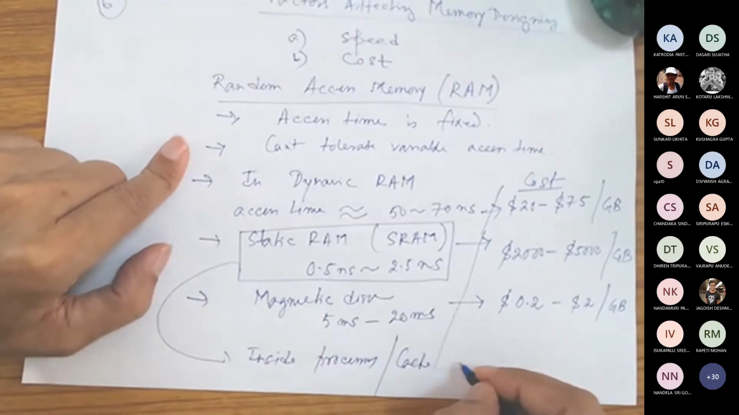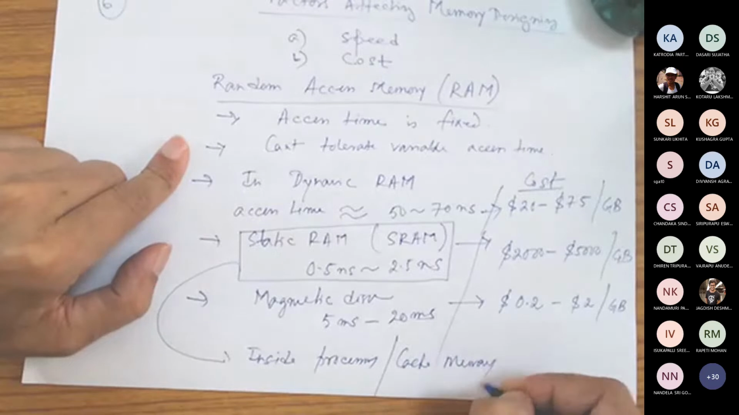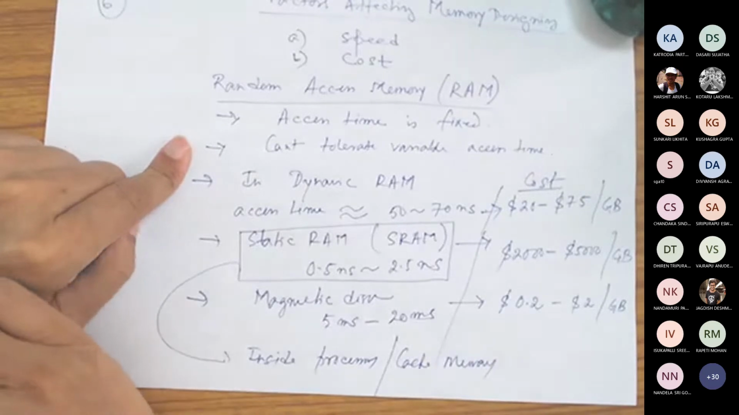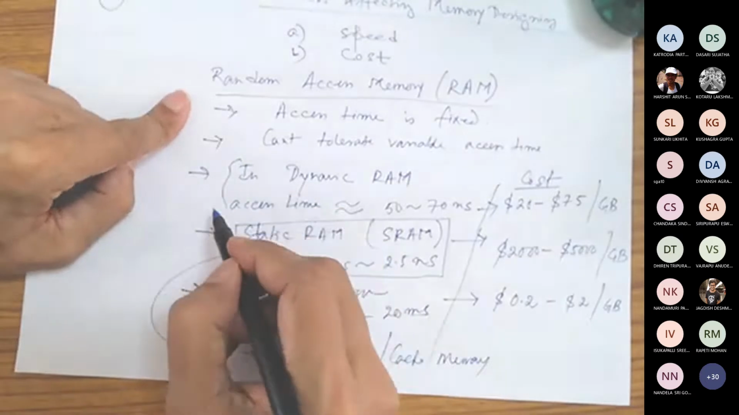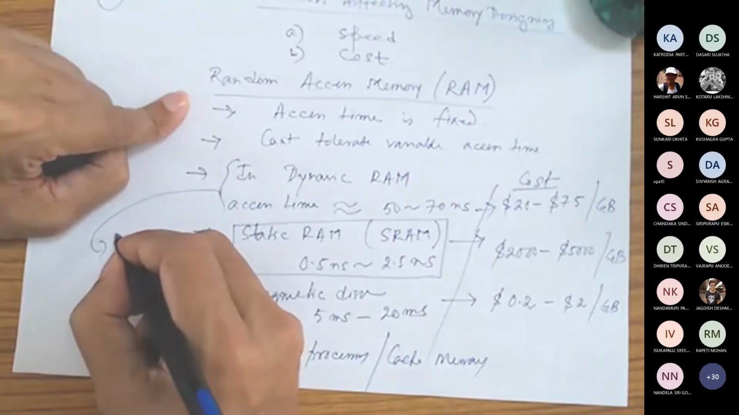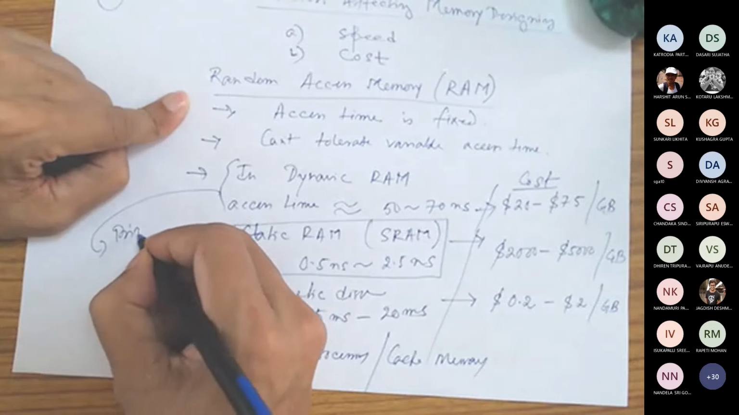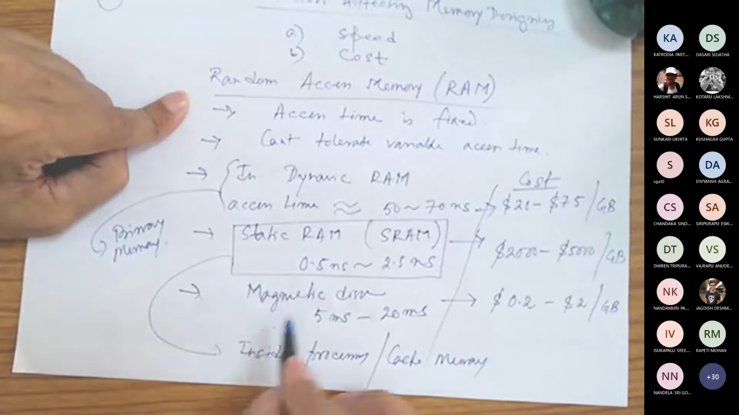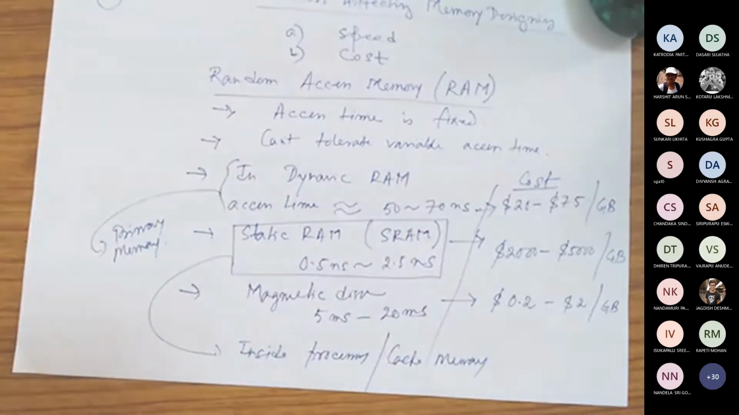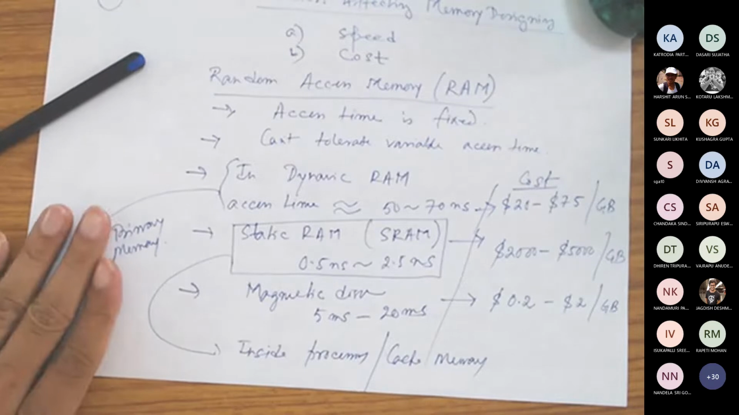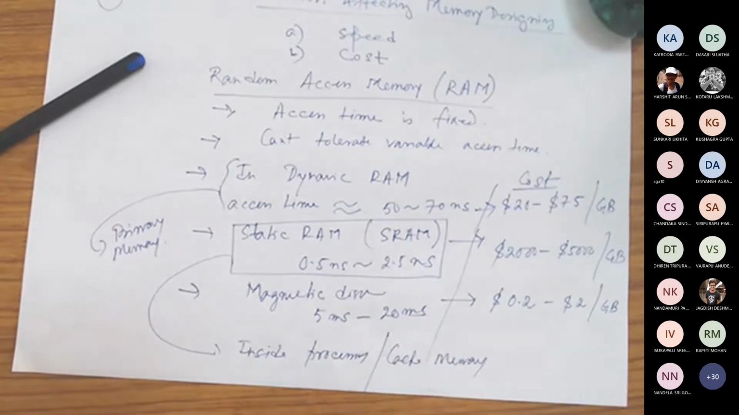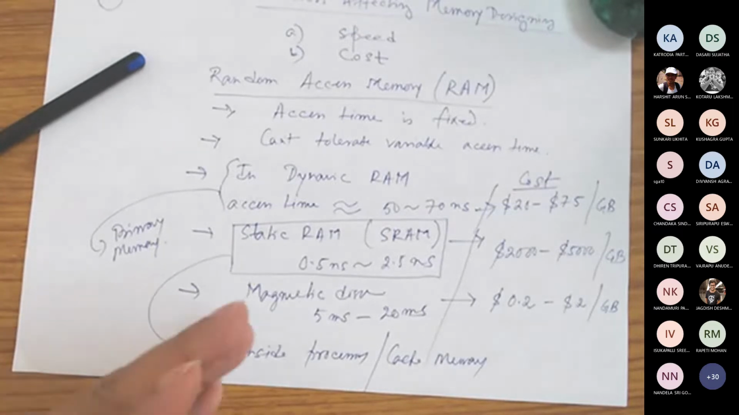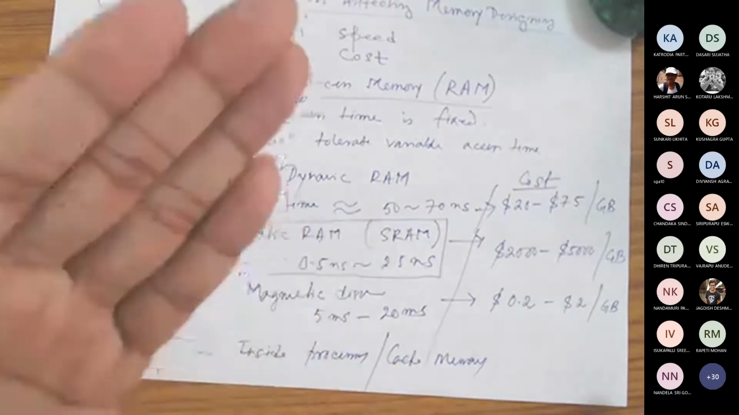Cache memory. Whereas dynamic RAMs are used for primary memory, and magnetic disk is for secondary storage device. Because what do we require? Ideal memories. An ideal memory should have the access time of SRAM and the capacity and cost per GB of the magnetic